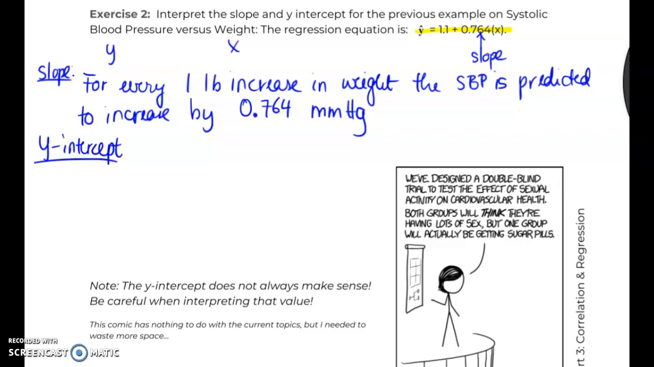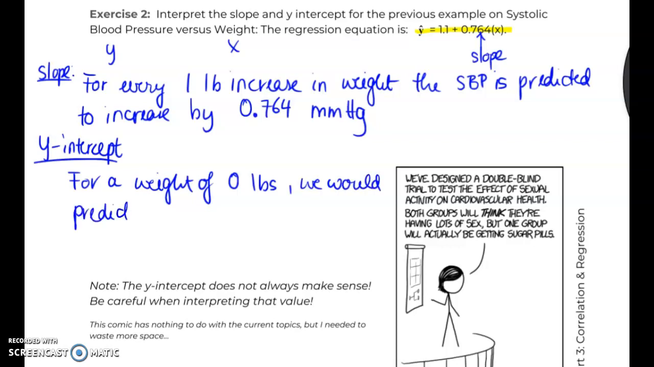Our y-intercept says what happens when x is equal to 0. So for a weight of 0 pounds, we would predict the y variable, which is the systolic blood pressure, to be 1.1